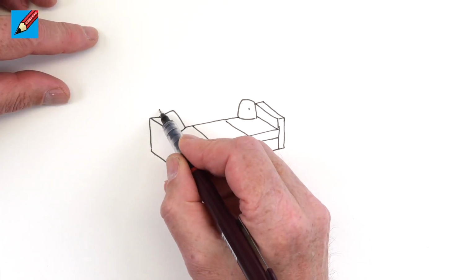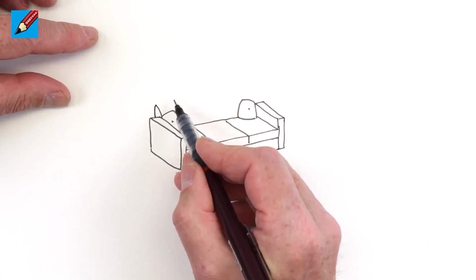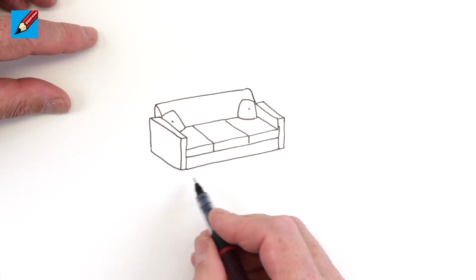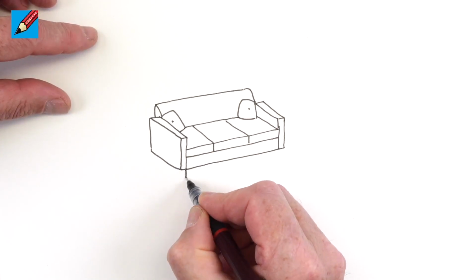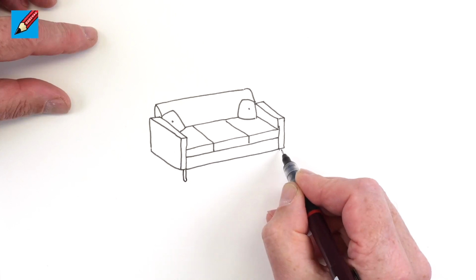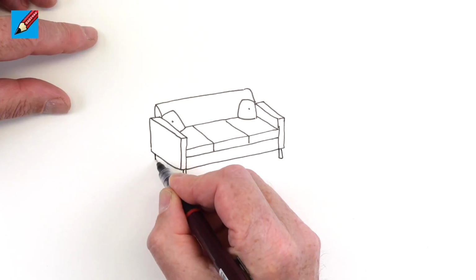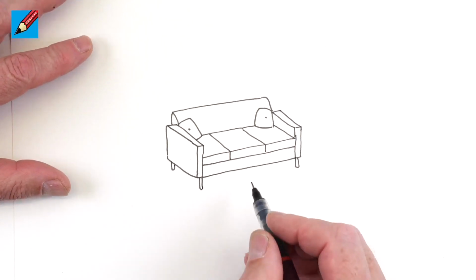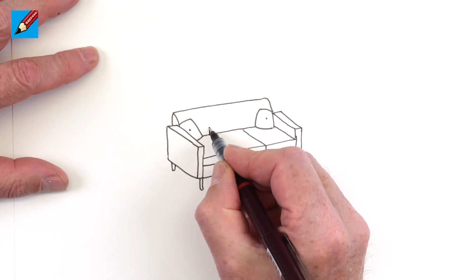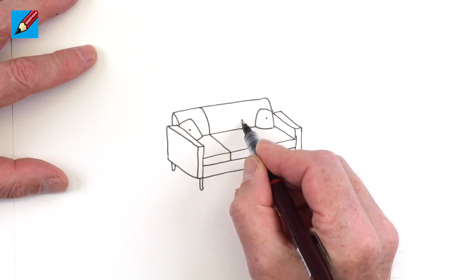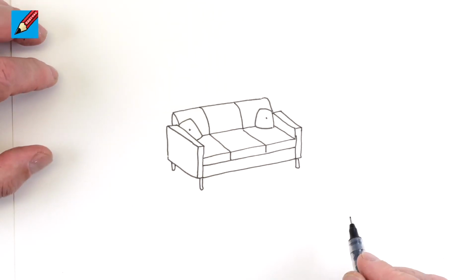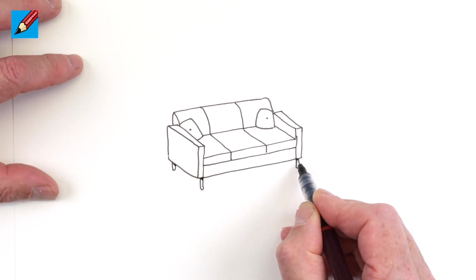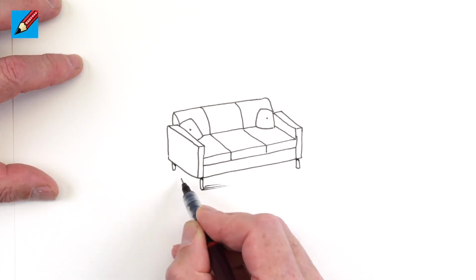And then we can draw the back of the sofa like that, coming down there at an angle. And then all we need to do is to draw some little legs in there, and some in there, and you're not going to see any at the back. And this wants to go back like that too. So we've got the sort of cushions at the back, and then maybe a bit of shadow like that. Bit of shadow on the floor,